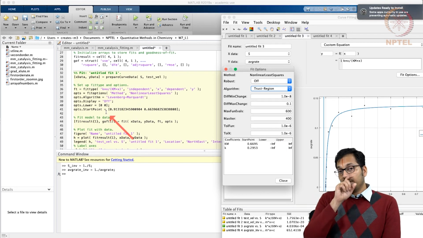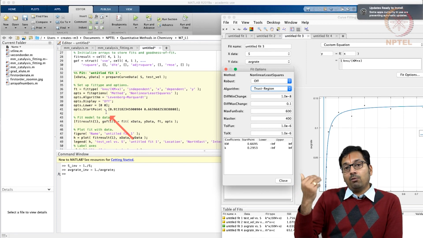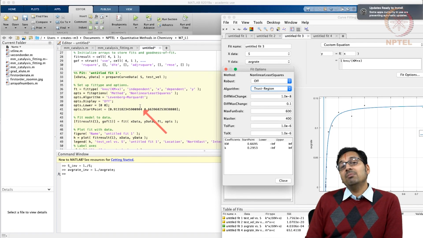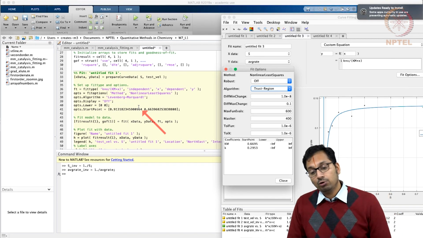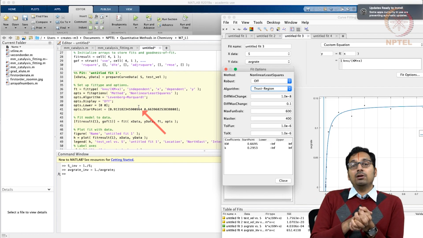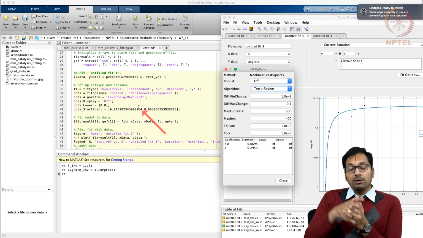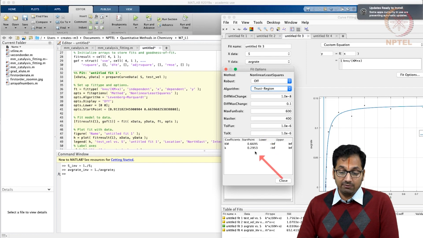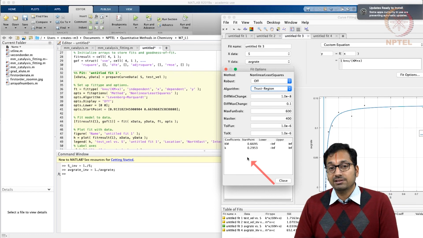Now coming back to where the linearized fits could be useful, basically where the 1 over s and 1 over velocity fits could be useful is that you can give reliable starting points. Here we are only fitting 2 variables, but you could be dealing with equations that have multiple variables that go into them. In such a case, it will be a good idea to have a reasonable guess of where your starting point should be, as we are giving here. The starting point would help you converge the fits faster.